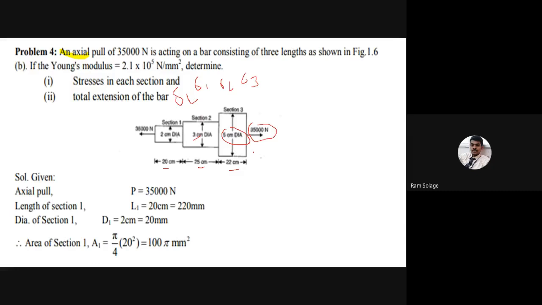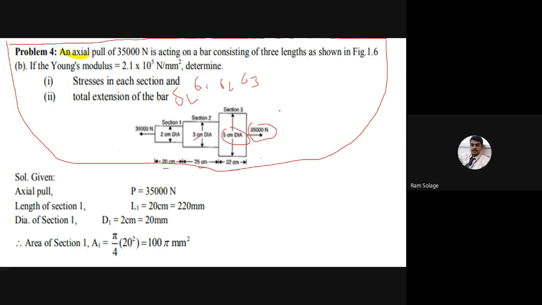Now the problem is over. This is the data given in examinations. Sometimes the diagram is given, or sometimes they give the diameters and different lengths, and with the help of the given data we have to draw the diagram. In this problem, they are giving the diagram showing the applied load. The cross section will vary. With the help of the diameter, we can say that section 1, section 2 and section 3 will vary. They are giving L1, L2, L3, but all other parameters are given in small units, that is Newton per mm square. But please concentrate on length and diameter.